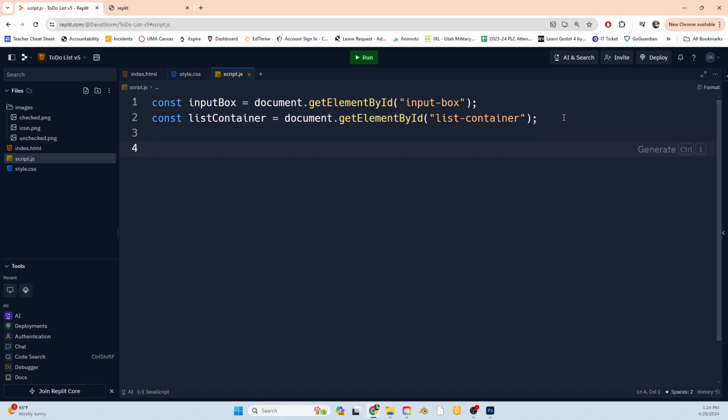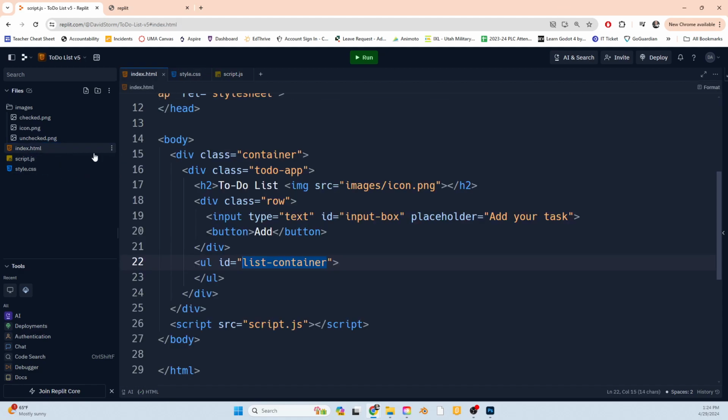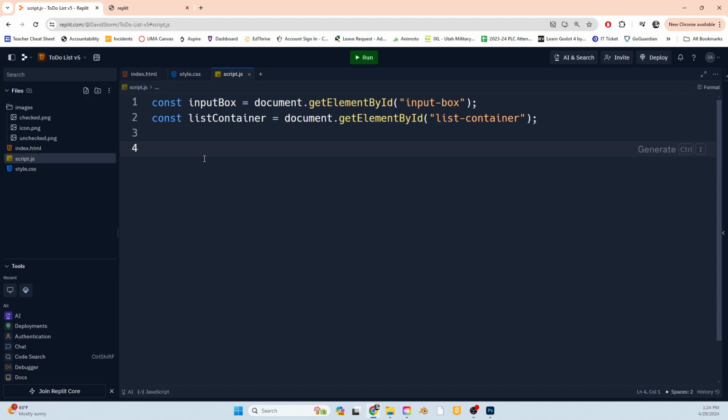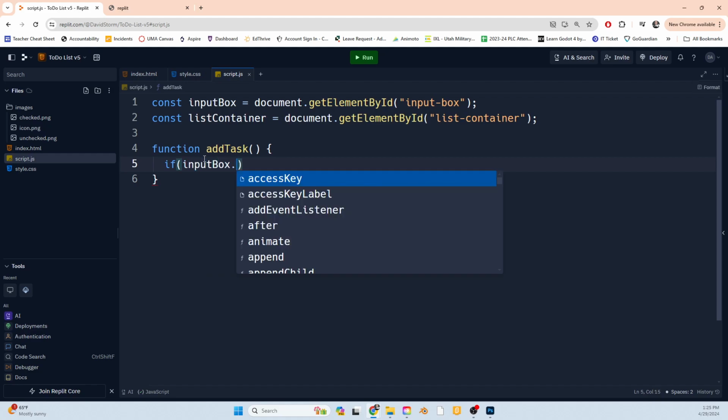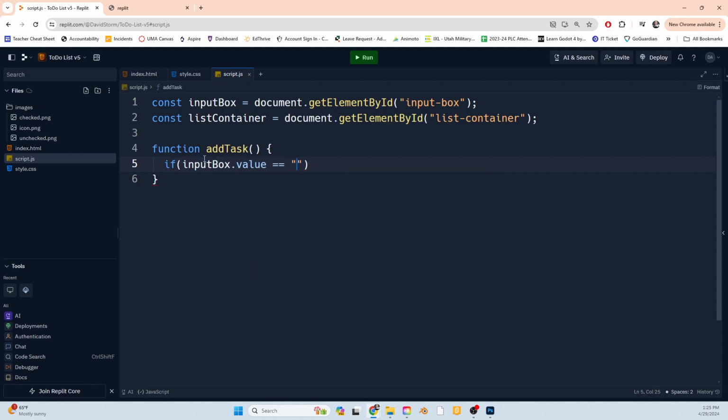What we need to do is basically program the button so that whenever we click the button, it will run a function in JavaScript. So let's write the function first. So function, and we'll say addTask. Inside this function, first we're going to check to see if they've written something. Because if they haven't written anything, we don't want to actually add a new task to the list. So we'll say if inputBox.value equals nothing,